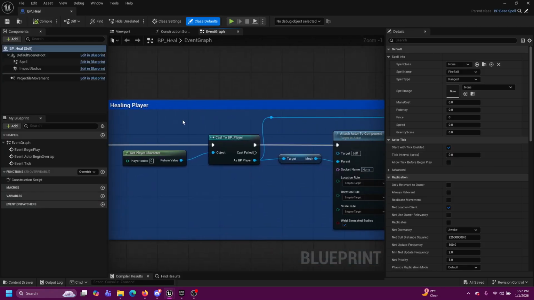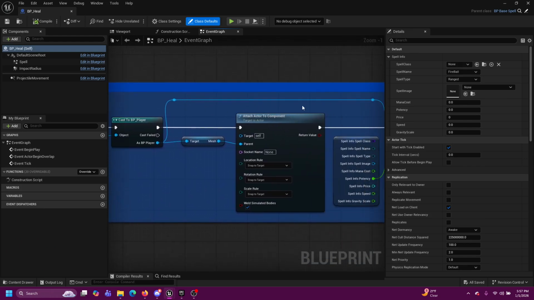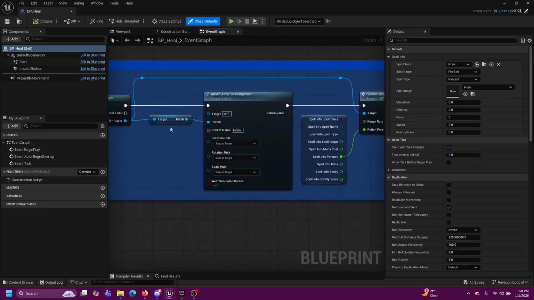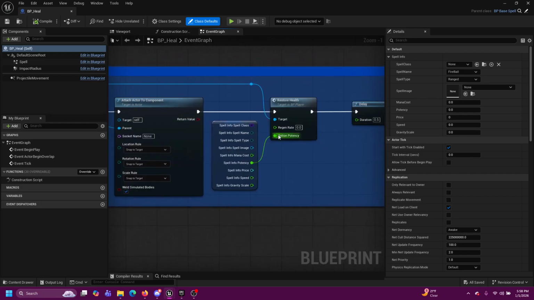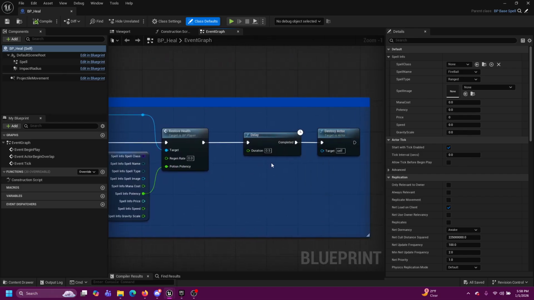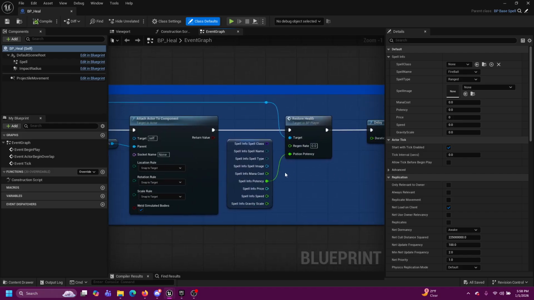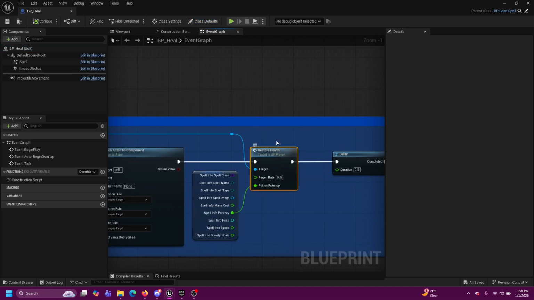The heal is the only one that really adds on to it, because it attaches it to your player mesh, and then it heals instead of causes damage, and there is a slight delay before it destroys the actor, so you get a little sparkle, something cool to look at. And the restore health function,